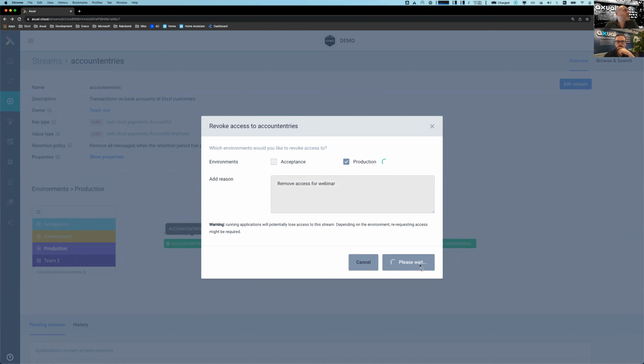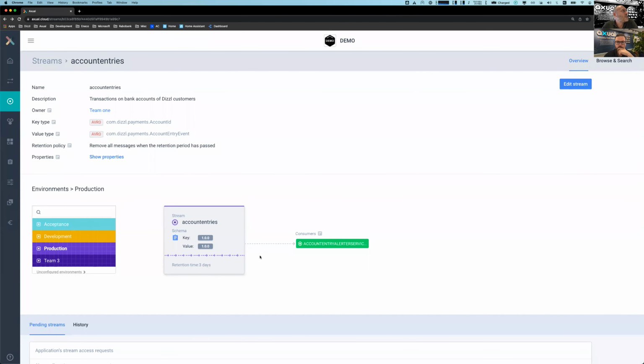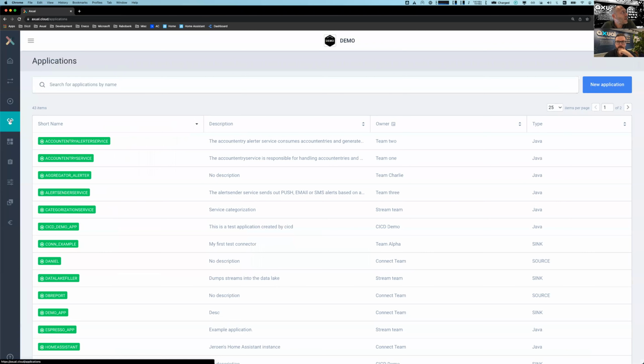I can remove this, and this will automatically result in an update of the picture, but also automatically an update on Kafka. So this application is no longer authorized to access the data on the topic anymore, to produce to the topic. But I can restore this, and going back to the catalogs.